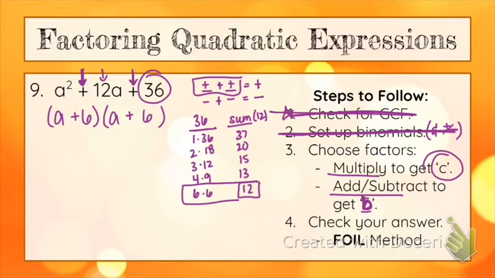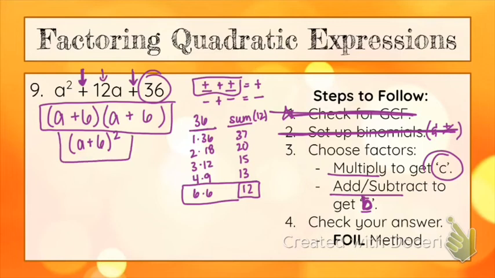And you'll notice that these two are the same. So we can write this as a plus 6 squared. Okay, so this is correct. Now remember, to check our answers, we use the FOIL method. So if you need to check your answer, a plus 6 times a plus 6, we multiply